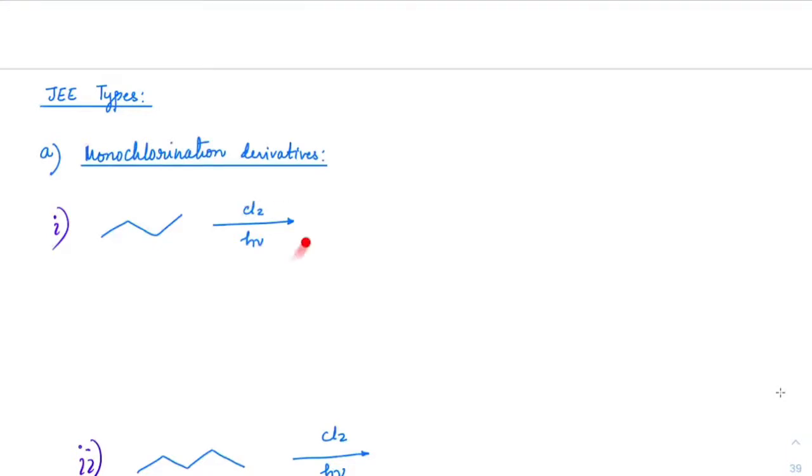So first, what are the compounds I can get? Check out. I'll do one of them. Next, you can try this. These are the two possible ones. First, I'm writing only structural ones. Okay. So 1 chlorobutane, 2 chlorobutane. These are the two possible ones, if at all I do monochlorination. Now, these two molecules are completely different. So suppose if at all I ask you total number of structural isomers, then answer should be how much beta?